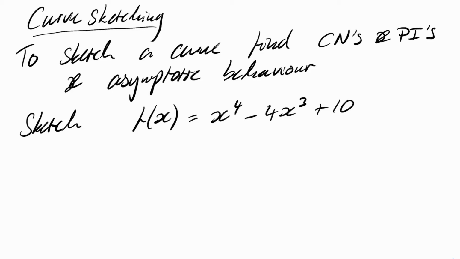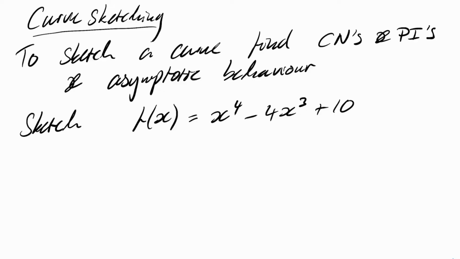Let's try and sketch the curve x to the 4 minus 4x cubed plus 10. So the key steps for this, really the important steps, are to find the first and second derivatives, to find where they go to 0, and to find where they change sign. And from using this we can piece together what the function looks like. So the key steps are,